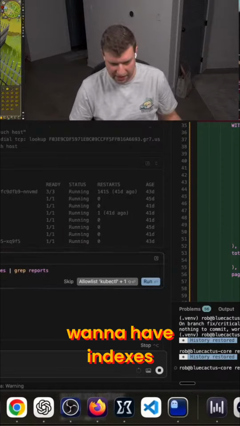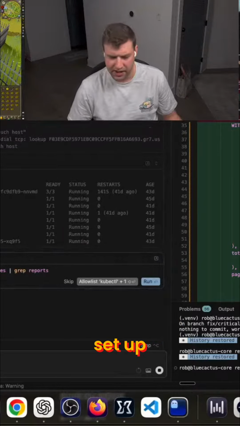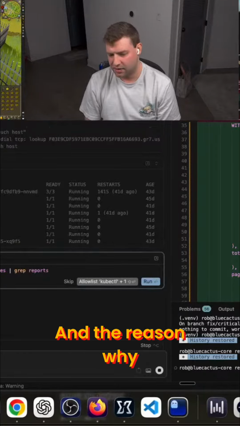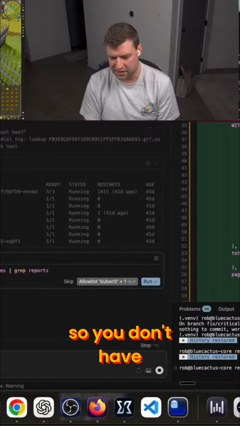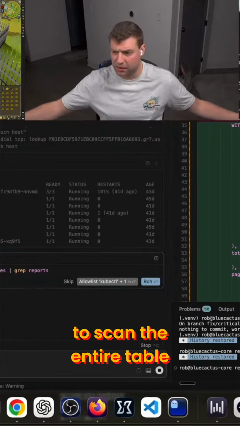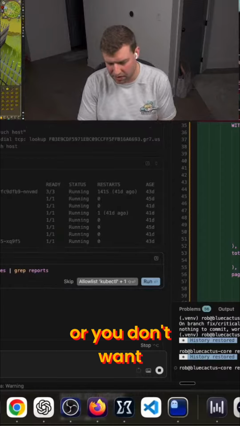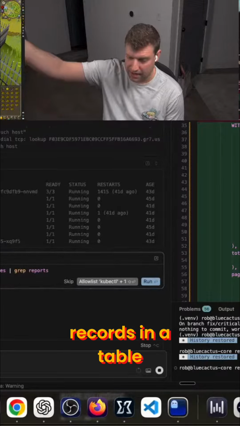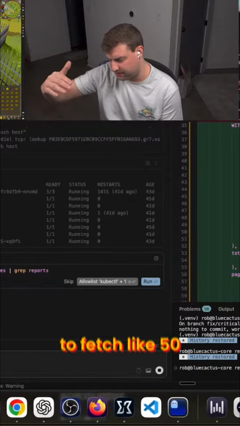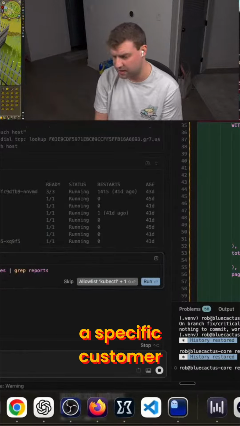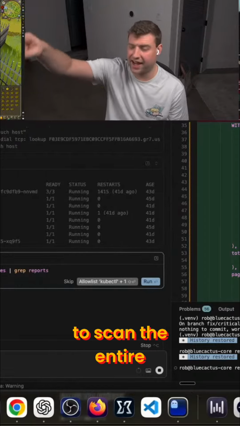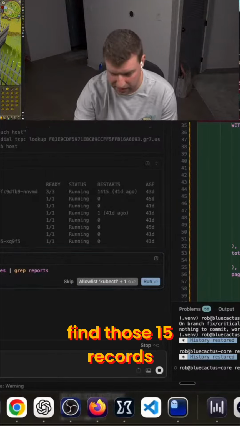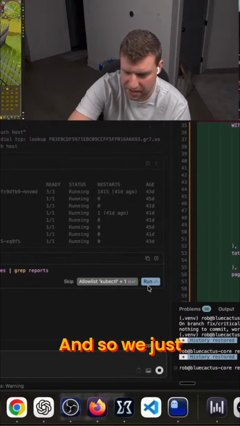And so there's a couple things you want to do when you have a query like this with joins. Number one is you want to have indexes set up on those columns that you're joining. The reason is so Postgres doesn't have to scan the entire table. If you have 1 million records in a table, and you only need to fetch like 50 of those records for a specific customer, you don't want to have to scan the entire 1 million records to just find those 15 records for the customer. And so we just made sure we had our